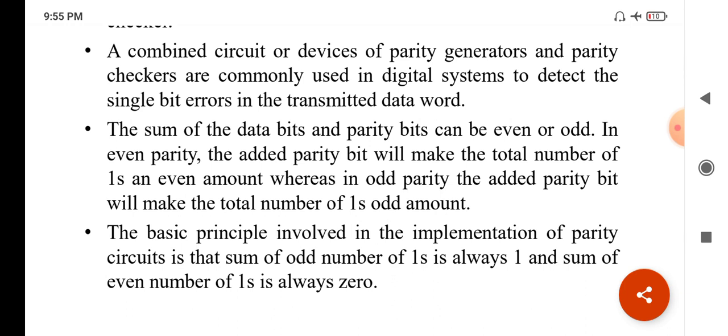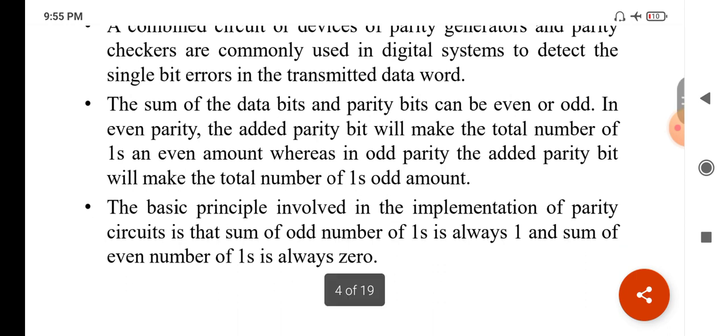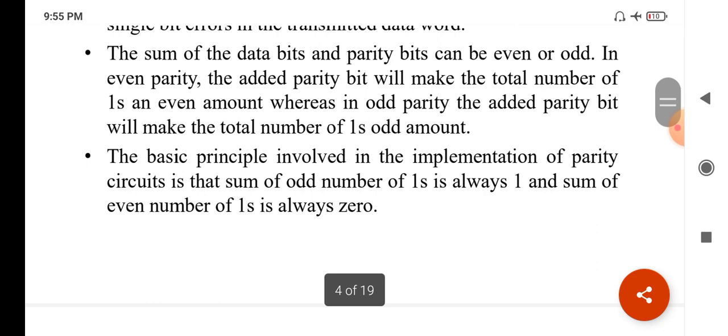So that means there is some error. That assurance is given by the parity generators, and that confirmation is taken from the parity checkers.